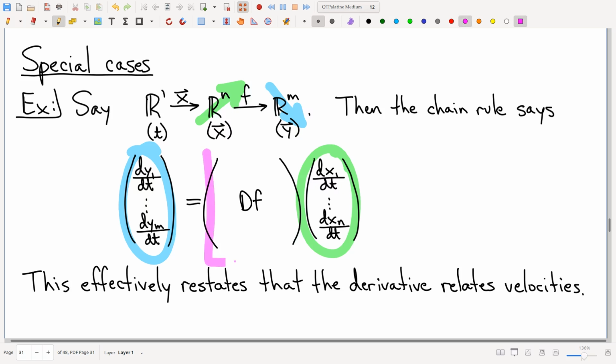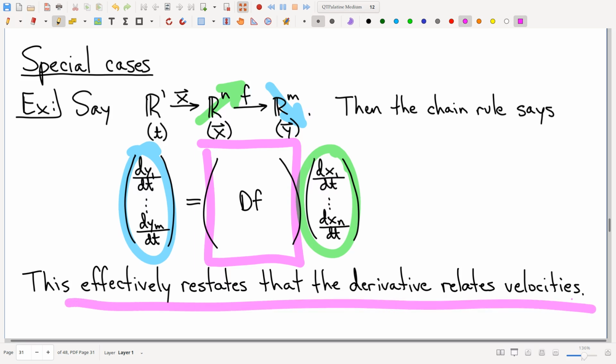What that means is that I can make an interpretation of what the derivative matrix is doing. What df is doing is multiplying by the input velocity to f, and what comes out is the output velocity from f. And I'm going to say that's old news. This is something we already knew. This is an interpretation that we made back in section 2.3. Derivative matrices turn input velocities into output velocities. So this is not news. This is something we already had established. But it is kind of nice sometimes to notice that when you have a new result, sometimes it'll